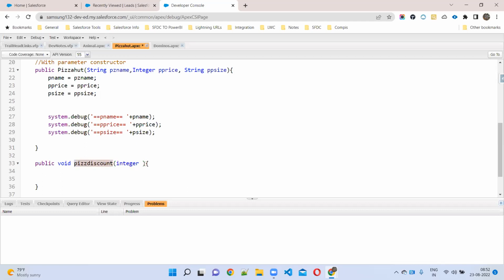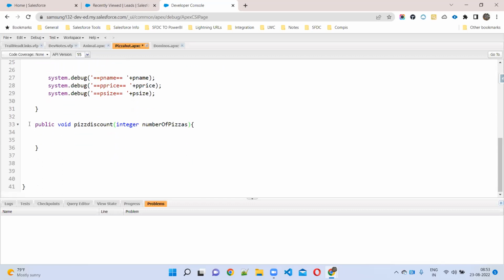In the method, how many parameters are there now? Integer number of pizzas. How many parameters are there in the method? One. So, number of pizzas. If I want to give some discount, if the number of pizzas is more than 10, I want to give a 10% discount.